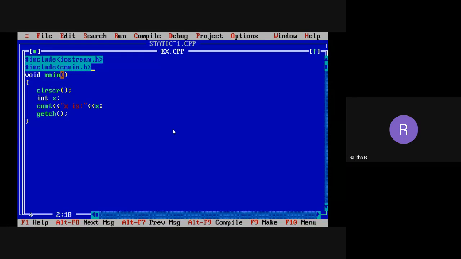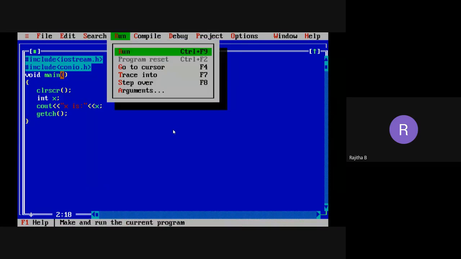Suppose for a newborn baby, what name will you assign? Yes, you are using some nicknames, right? Similarly here, when you are not initializing the value of a variable, it will take a garbage value. If you assign a name to the baby, like Samata or Mamata, it will take that name. If you are not initializing, it will take the nickname. So if you do not initialize the value of a variable, it will take the garbage value. Now let's try to compile the program.